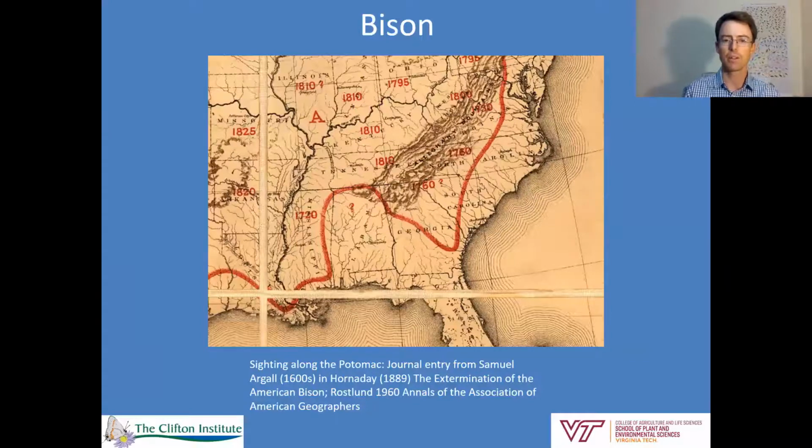And bison, this is another somewhat contentious issue, but there are some pretty convincing accounts from explorers in the 1600s. Samuel Argall apparently saw some bison near the Potomac. There are also some bison bones down in the southern Piedmont of Virginia, and these are some of the